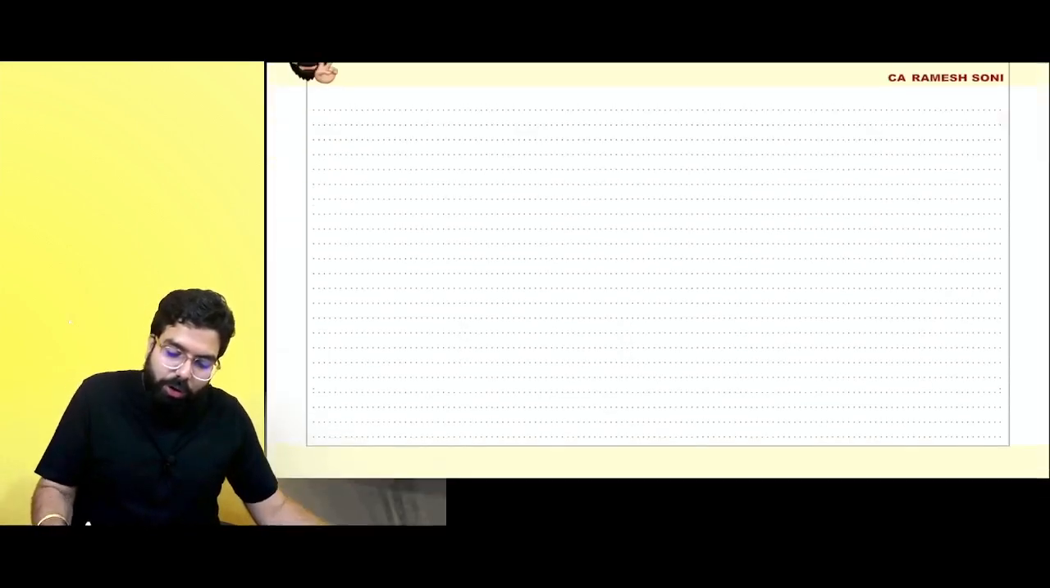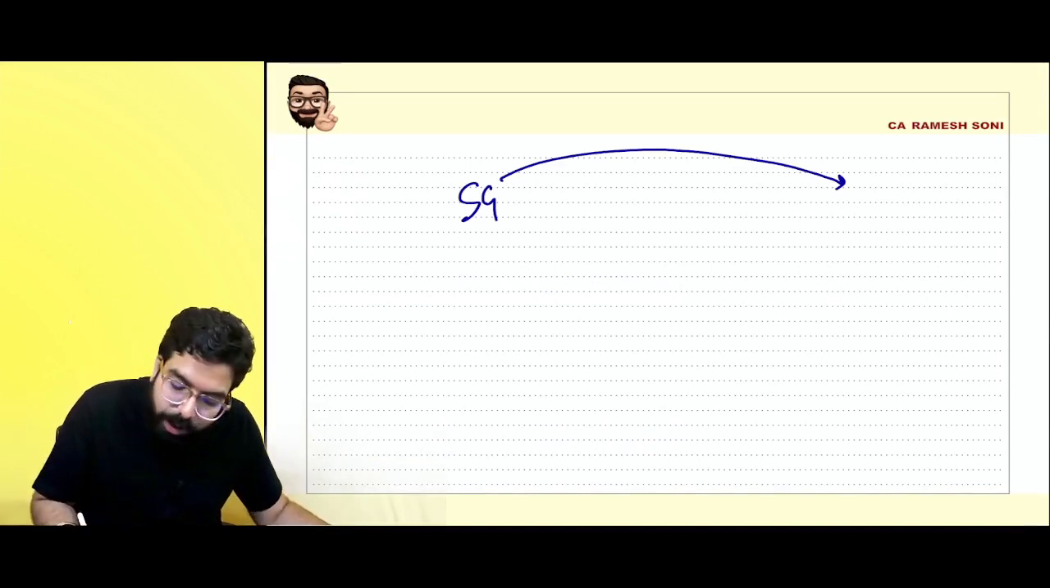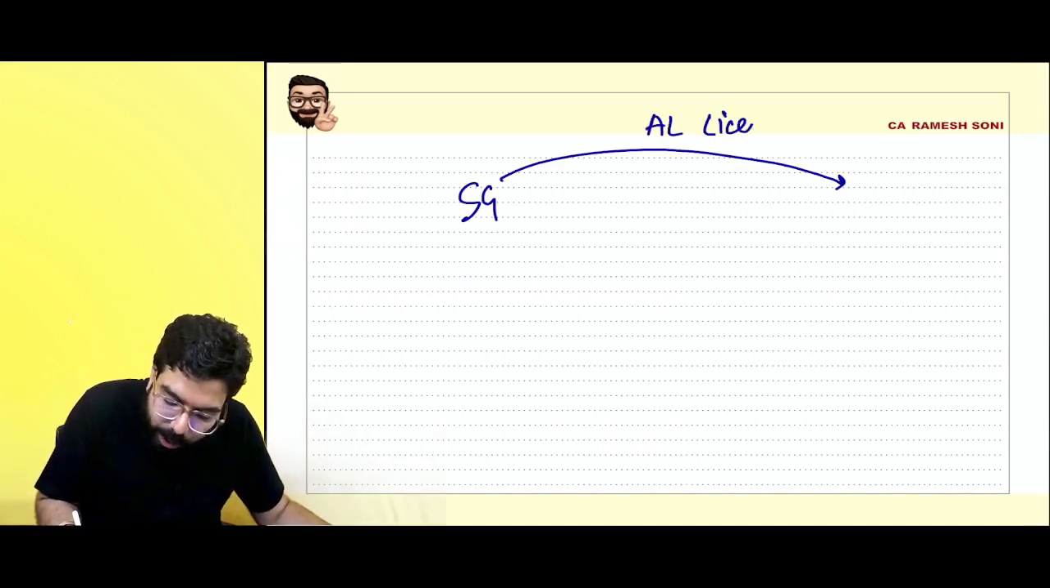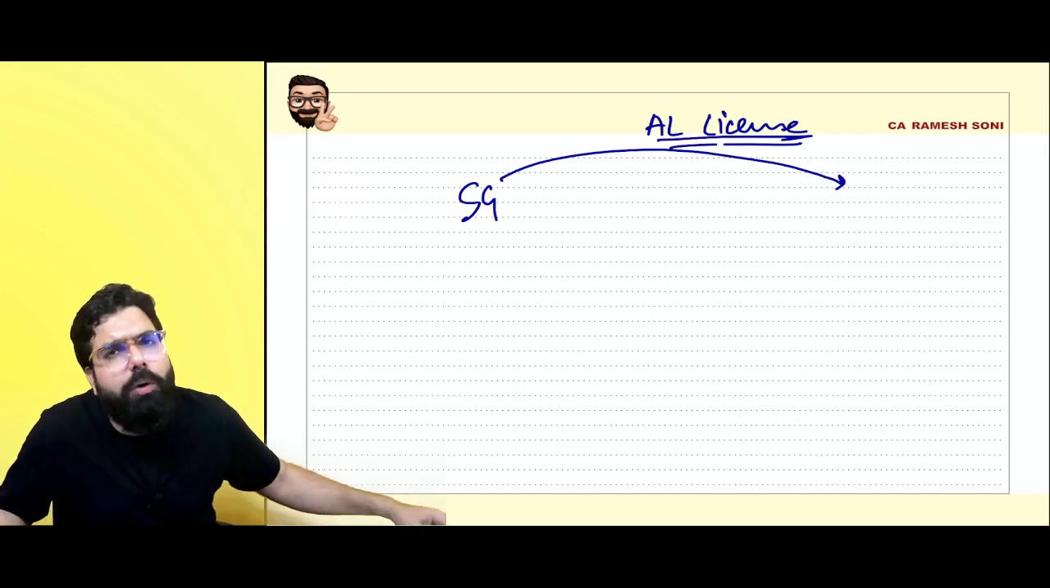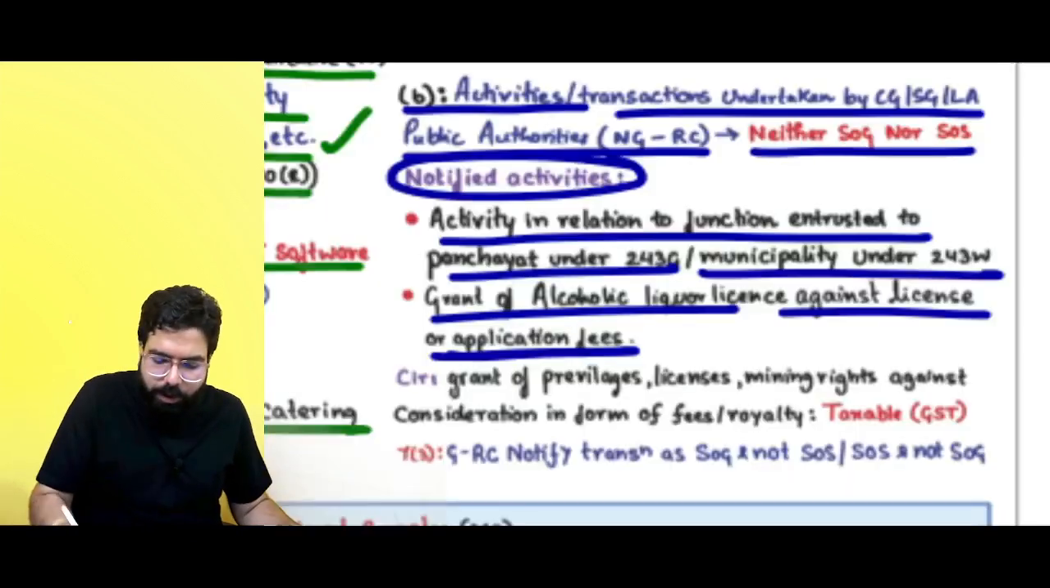Done, sir. Grant of alcoholic liquor license by the state government also shall be neither supply of goods nor supply of services. So it is told that when the state government is giving alcoholic liquor licenses, there is no GST. Now people said that it means if the state government gives any other licenses also, there shall be no GST. The government clarified, very simple. The government told